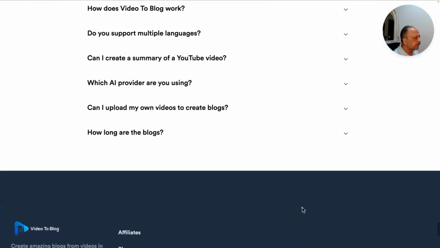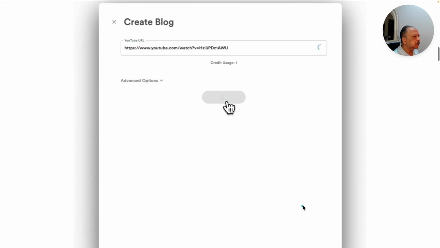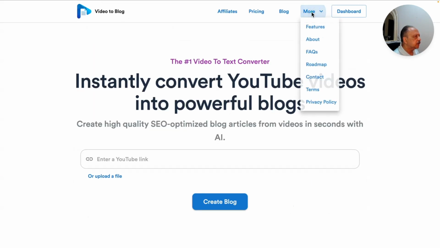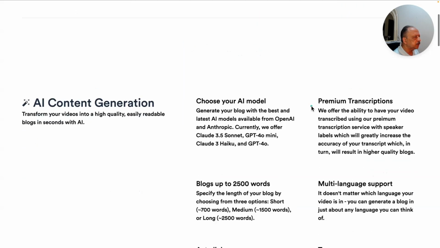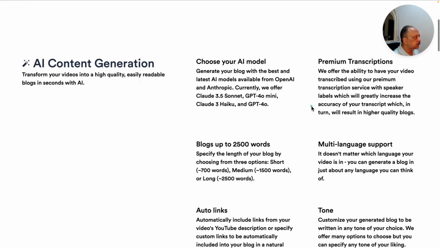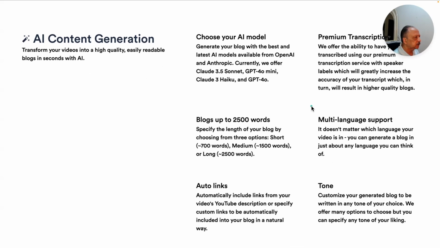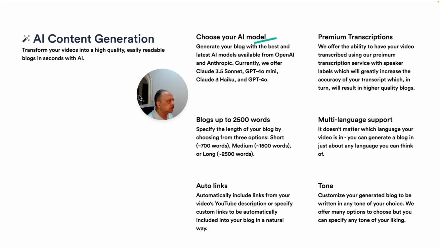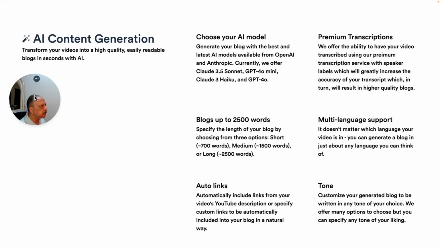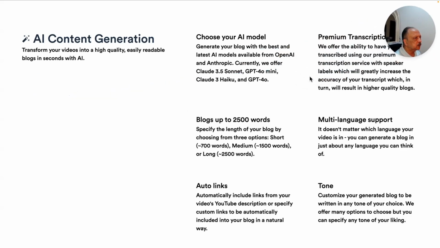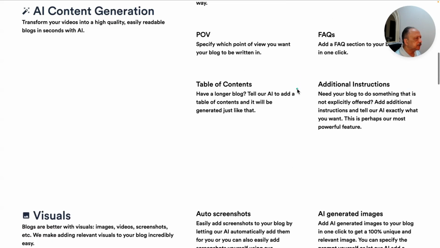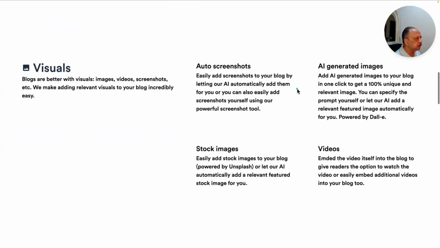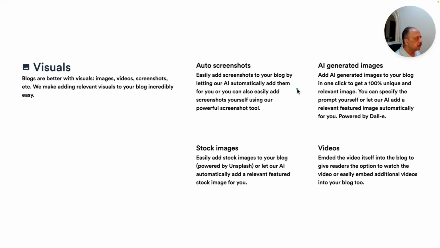Then they have their FAQ. So let me quickly show you. Let me just go to features. They elaborate on the feature that I showed you before, AI content generation. So that's a good one to take a screenshot of if you wanted. Let's scroll to more features here: table of contents, FAQs, additional instructions, really nice, and visuals, auto screenshots, AI generated images,